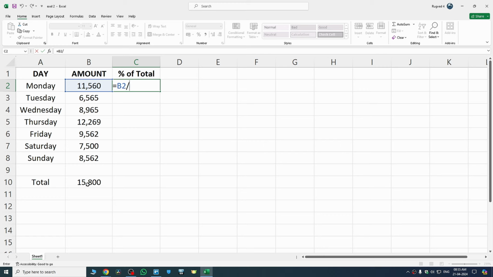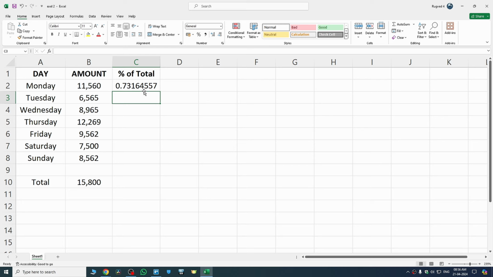So how we can do that, just press the dollar sign on your keyboard like this. Now see the column, so this is the B column, so I will just press B and this is the 10th row, you can say. So I will just press here the dollar sign again and I will now type here 10. So this is how you can give the exact location of your total value from which you are getting the percentage. And once you are done, just hit enter and as you can see we have now successfully got our percentage,